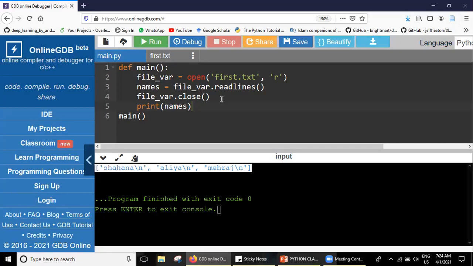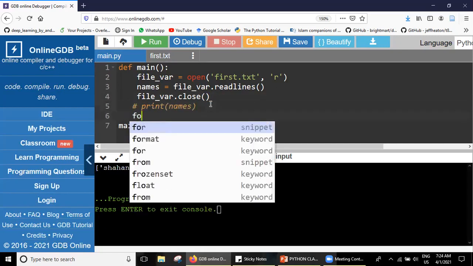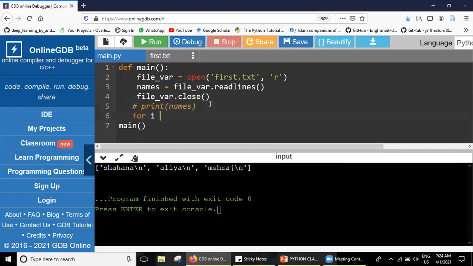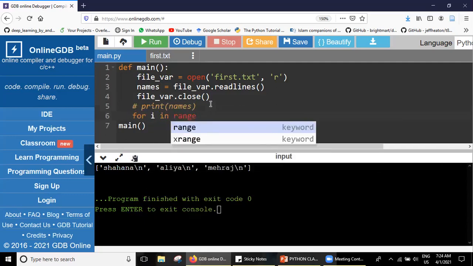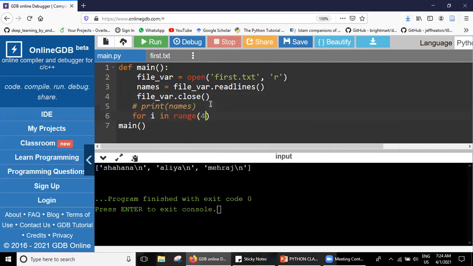I can write like this: for i in range of 3 or 4. Let me comment this print. Okay, so it means that i will run until 3 here, but because I know the element number here, these are 3 elements, so I'm using this.